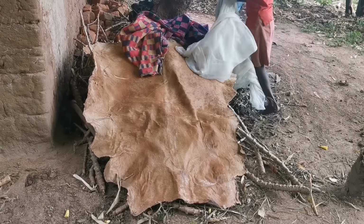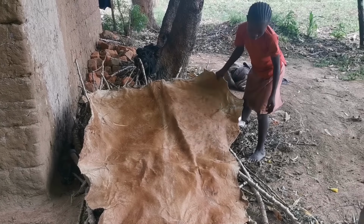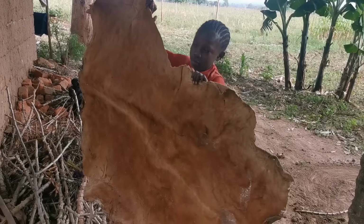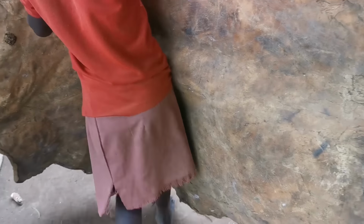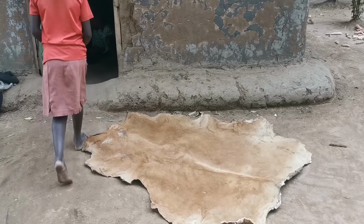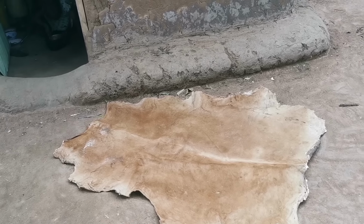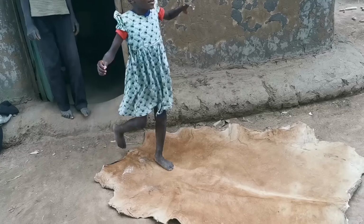Guys, remember the cow's skin? This is what they spread down at the compound. This is what they sit on when they are eating also. So it serves the purpose of a bed at night, and during the day as a mat to sit on outside when they are eating, or even when you want to sleep under a shade, you just put down this skin and then you sleep on it. So this is where they'll be sitting when they are eating. And yeah,